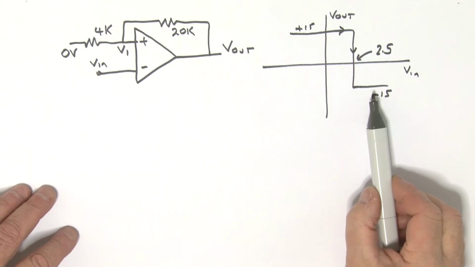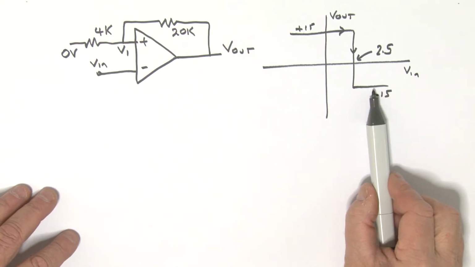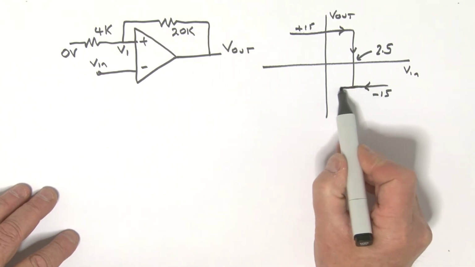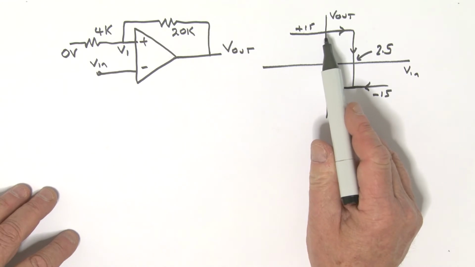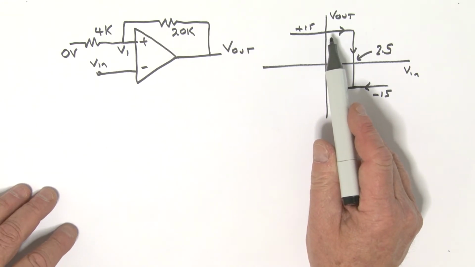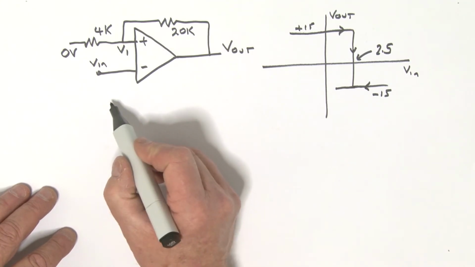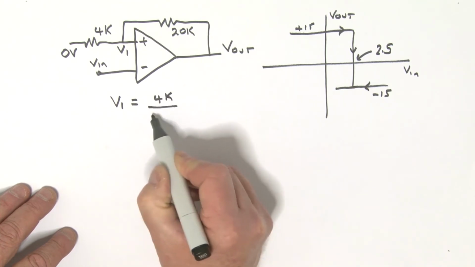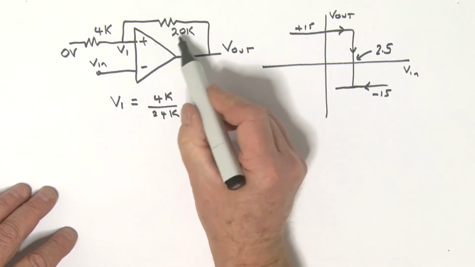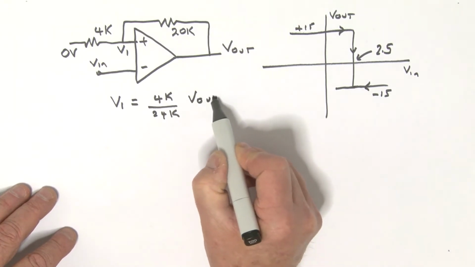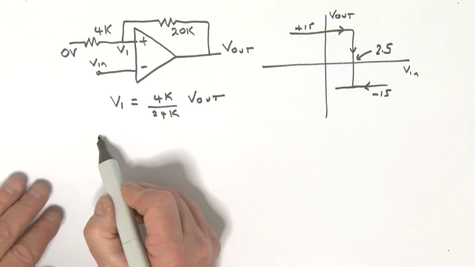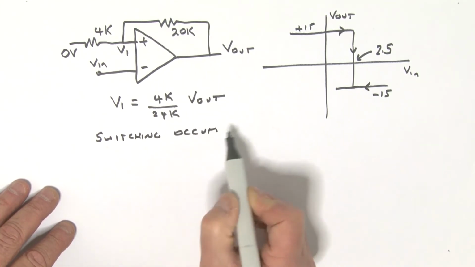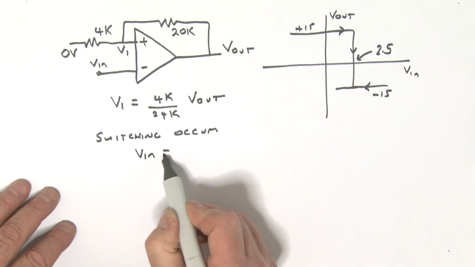All right, now we have to consider the output switched to a minus 15. If I start to decrease Vin, when do we actually switch back to the output going to a plus 15? Once again, it's that same expression for V1. V1 is equal to what? 4K over 24K times the output voltage, V out. Now, same statement, switching occurs when Vin becomes equal to